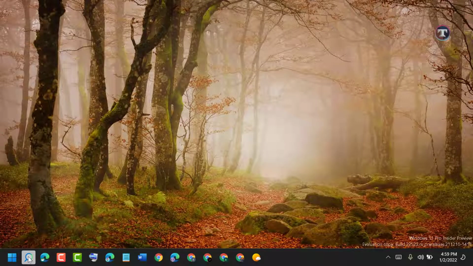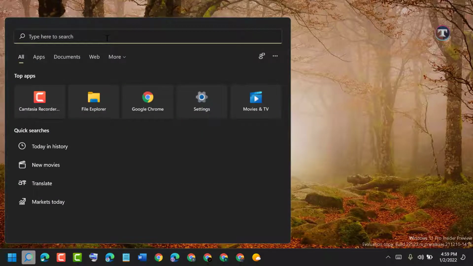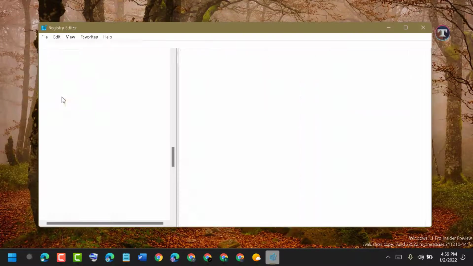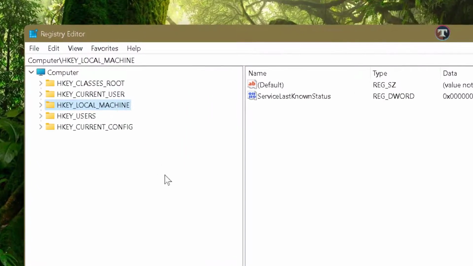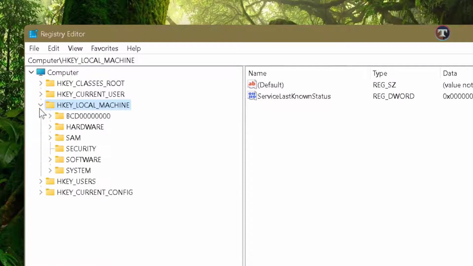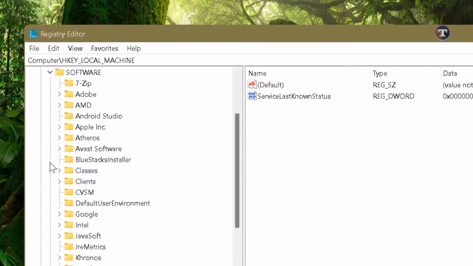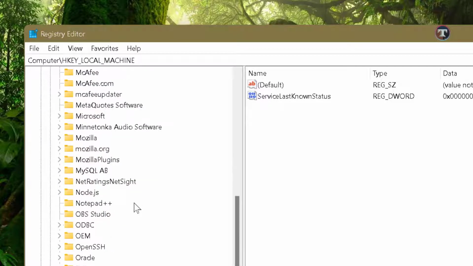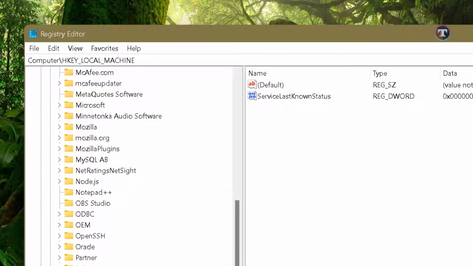Firstly, click on Start and type regedit. Open Registry Editor. Now in here expand HKEY_LOCAL_MACHINE, then Software. Now find Policies, this one, so expand it. Now expand